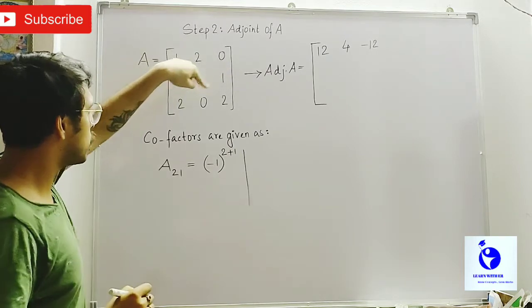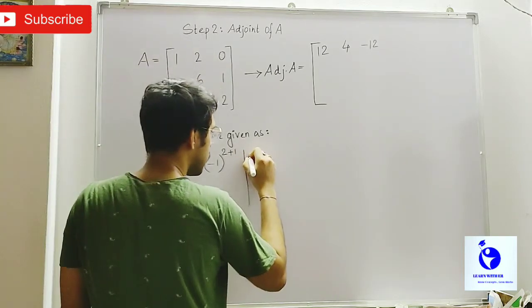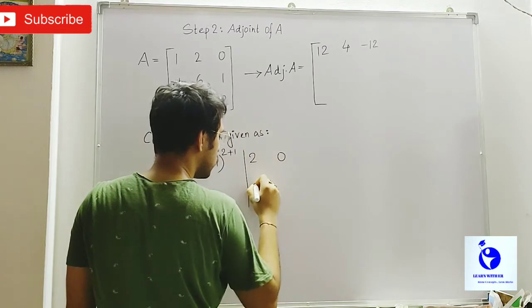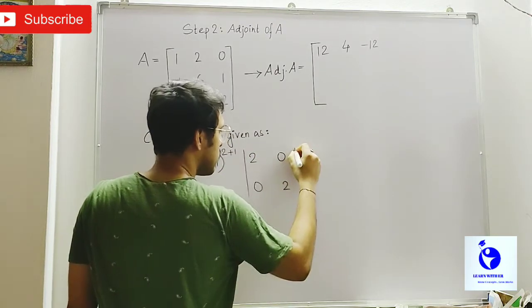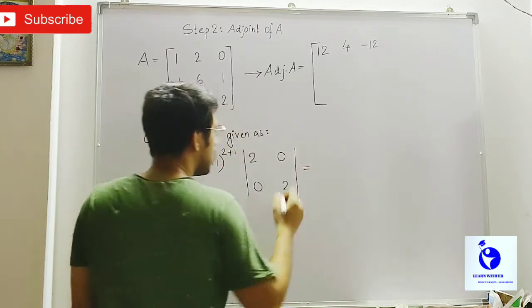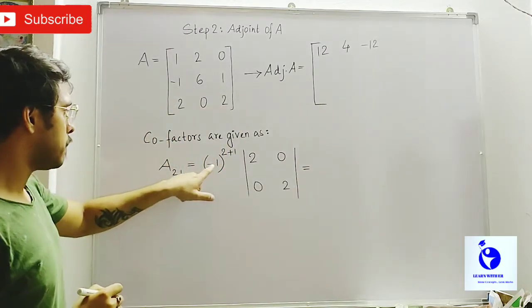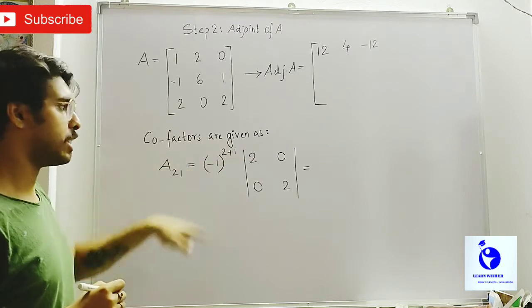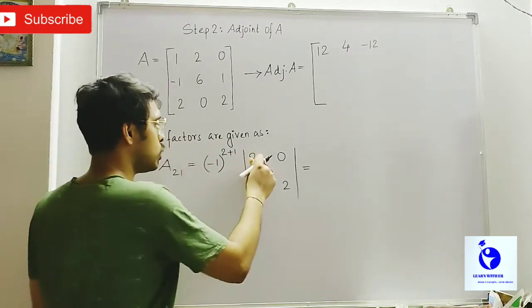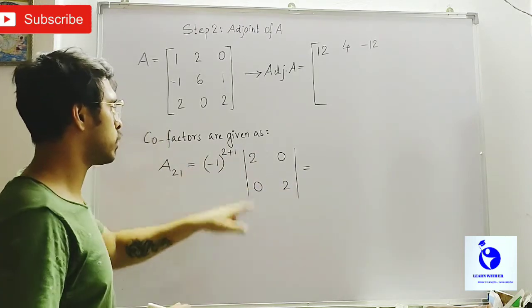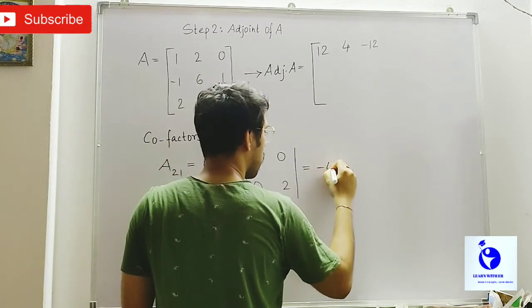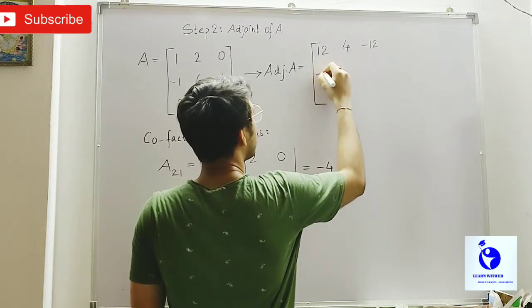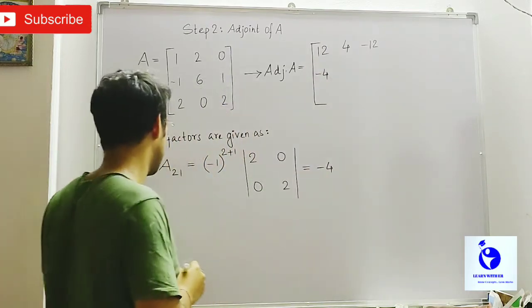So 2, 0, 0, 2. Okay. So the result will be minus 1 to the power of 3, that is minus 1, and here it is 2 into 2, 4 minus 0. So it is 4 into minus 1, which is minus 4. So we are writing minus 4 here. Next,